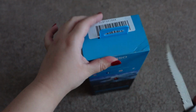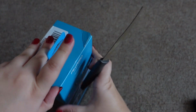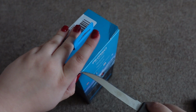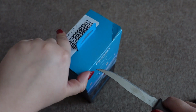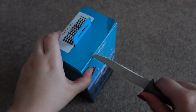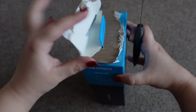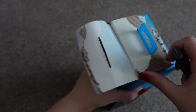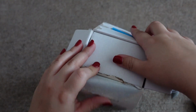they've also taped it down, so I cannot get to it like at all. So I'm gonna have to cut it, but don't do what I do because I'm awful with this. Oh my god, they've really stuck this down. Not how you meant to do it, but